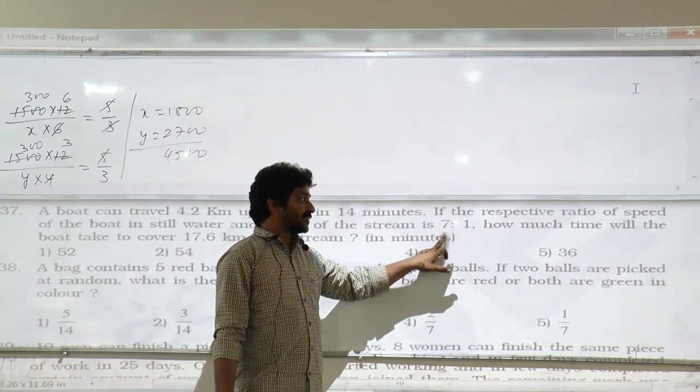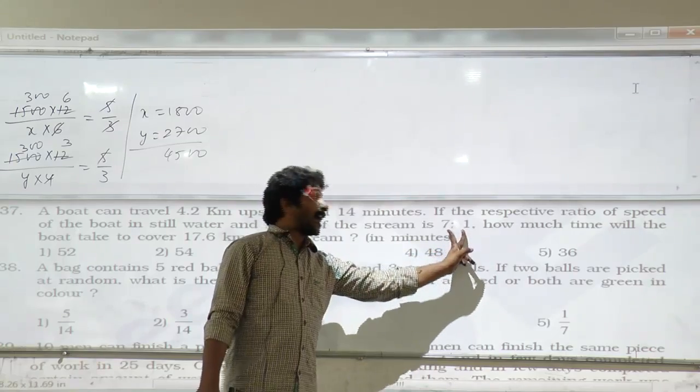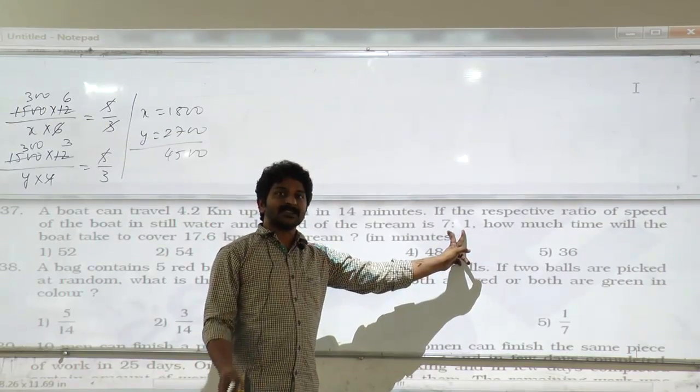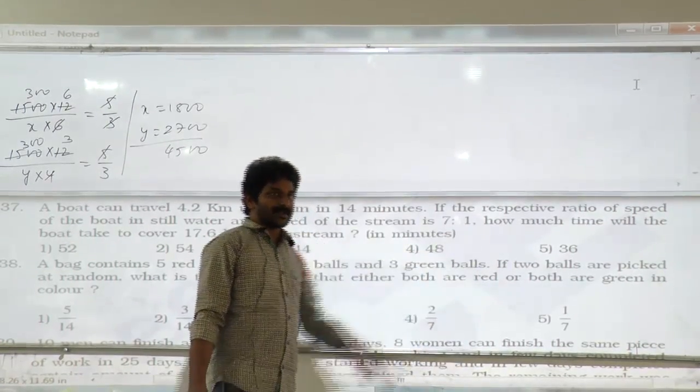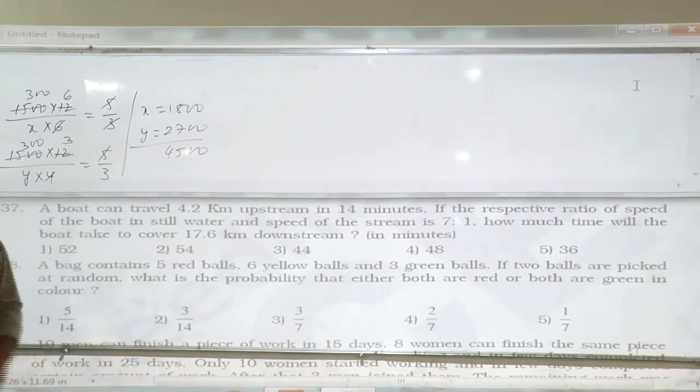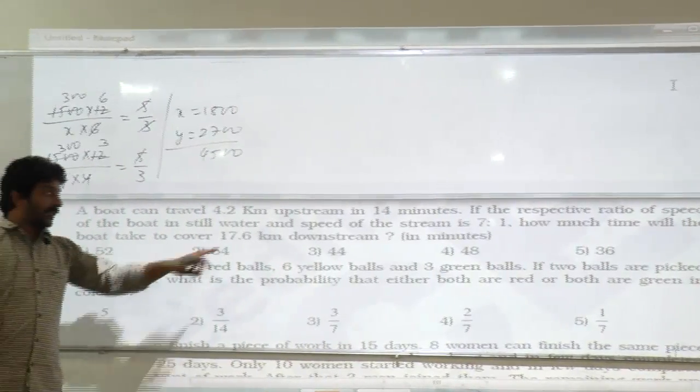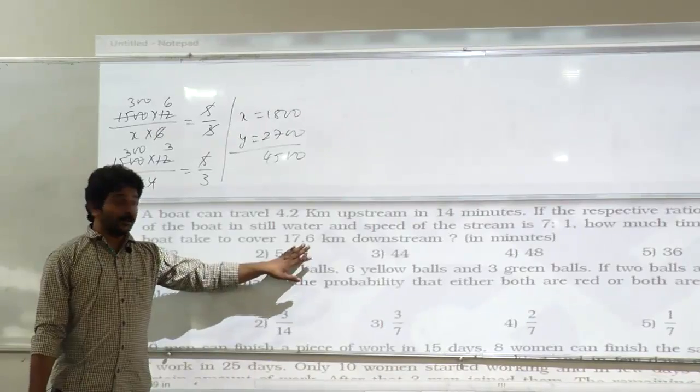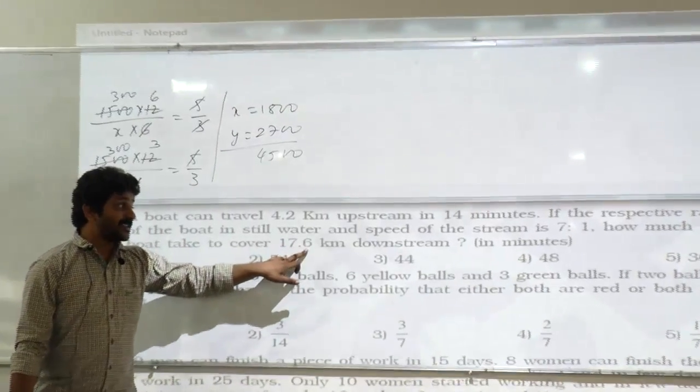7 parts. And stream speed? 1 part. Upstream speed? 6 parts. Downstream speed? 8 parts. Now if you can calculate downstream speed, then you can calculate the time taken to cover 17.6 kilometers in